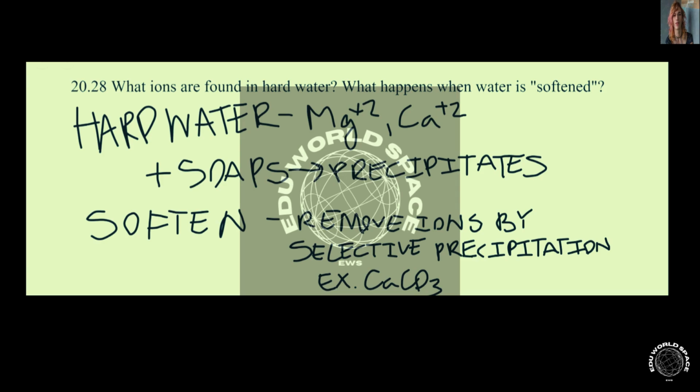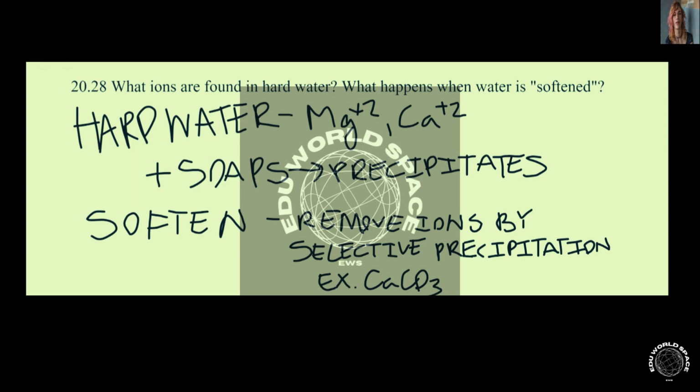So we soften water by removing the ions that make it hard water. So we're removing the Mg+2 and the Ca+2 ions when we soften water. One way of doing this is by selective precipitation. So in selective precipitation, for example, calcium carbonate has a high enough KSP that when our Ca+2 ions in solution combine with carbonate ions, they'll precipitate out of solution, removing them from the solution and having them form a